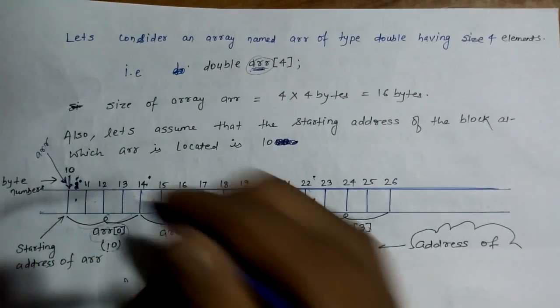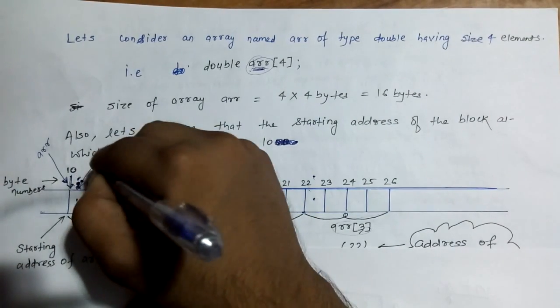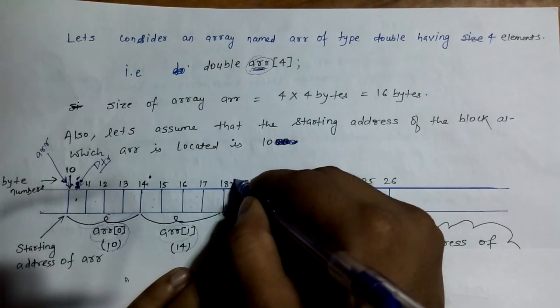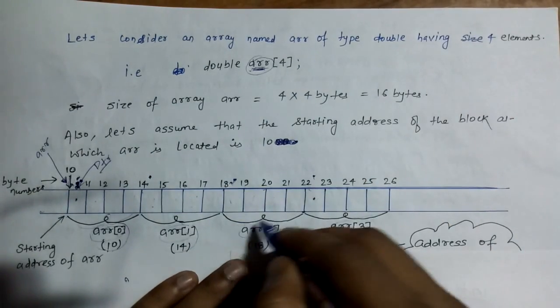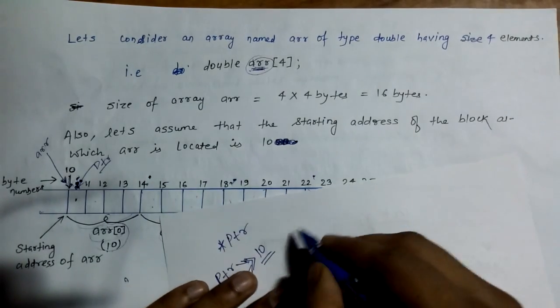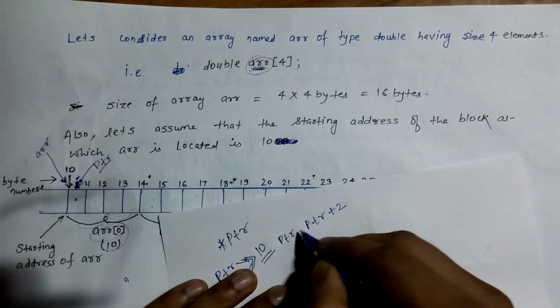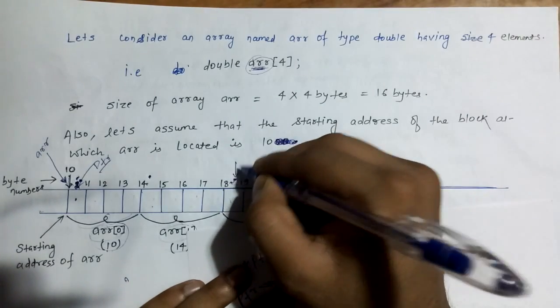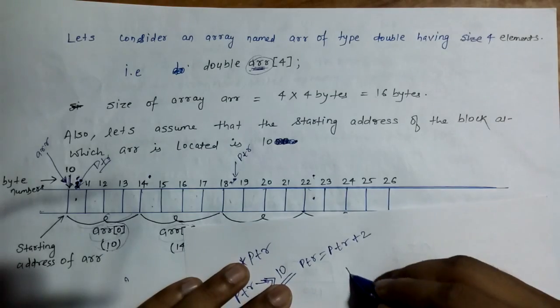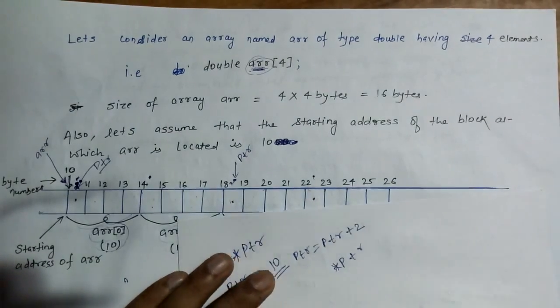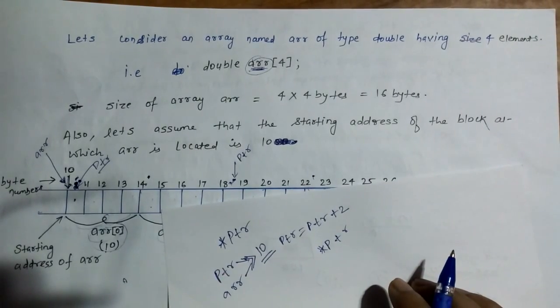Like, let's say right now your ptr is pointing here. If you want to reach here, outside of this box, that is outside the block of the element at a certain index, what you have to do is ptr plus 2. ptr = ptr + 2. Now our ptr will point here, and if you put a star in front of ptr, now you will be inside this box. So you are just seeing that our pointer and array are representing the same thing, like they can act the same way.